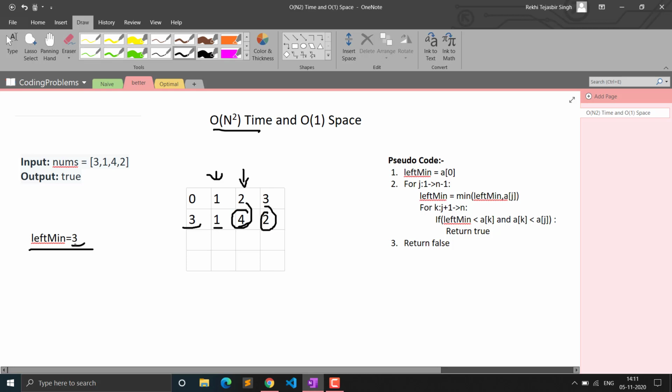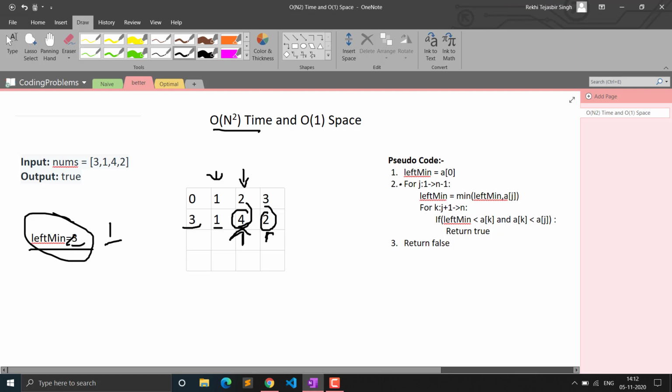Now you can see the left minimum will be updated. Now the left minimum candidates are 1 and 3, so out of them the minimum will be simply 1. So now our minimum is 1, so that means we are going in the right direction. You can see i is always the minimum out of both, and our j is at this point and k is at this point. Now you can see 4 and 2. j is greater than the left minimum, yes it is true, and k is also greater than 1, that is our left minimum, that is the ith element.